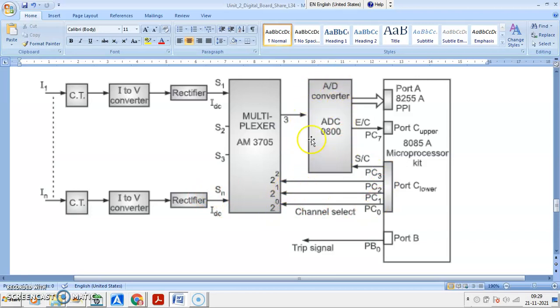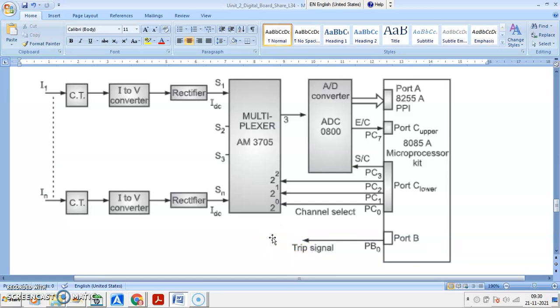Then the analog to digital converter ADC 0800 will convert this to digital and feed it to the input port, port A of the 8255A. You are having the 8085 microprocessor input, and then this is output port PB0 to PB7, giving a signal to the trip circuit of the circuit breaker to operate.